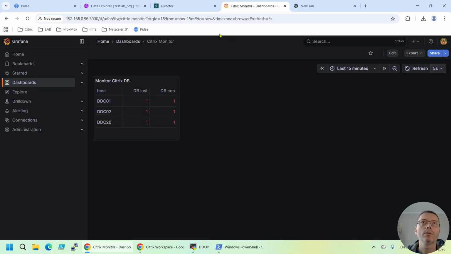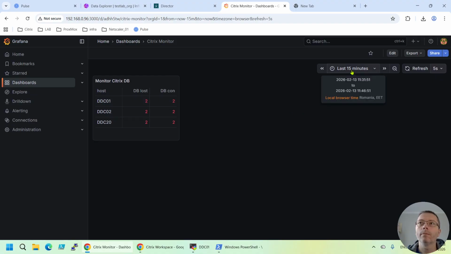So as we can see in the event viewer, we had a DB connection lost, and a DB connection reestablished. What we are doing here is just counting, but normally you should have 0 here all the time. So your SQL, your DDC should never lose connection to the SQL server. And what we are monitoring is we are just counting the events, and here they will just